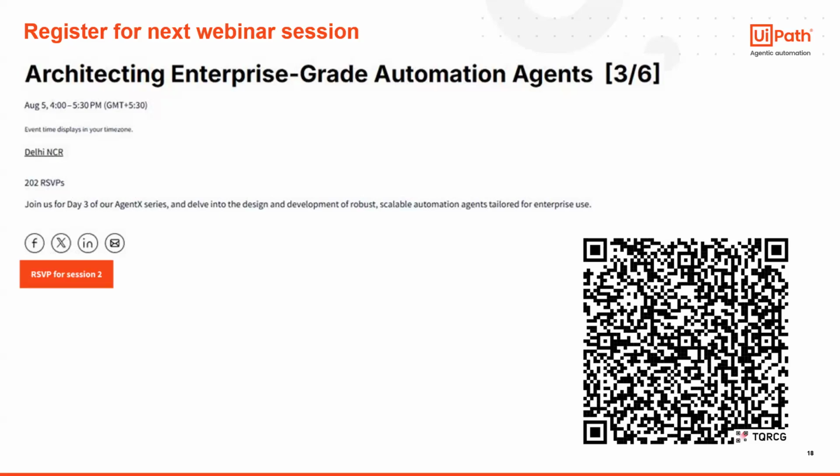So what are the limitations for the processes used as tools? So there are no limitations as such. You can call anything as such. I'm not exactly sure about the numbers, but yeah, you can call quite a lot of processes through an agent. But it is recommended to use an agent for a specific goal.